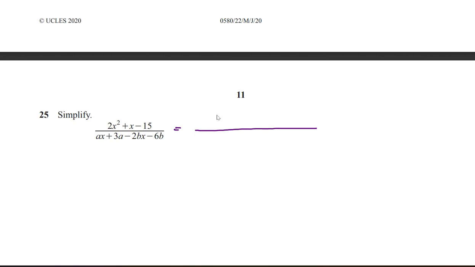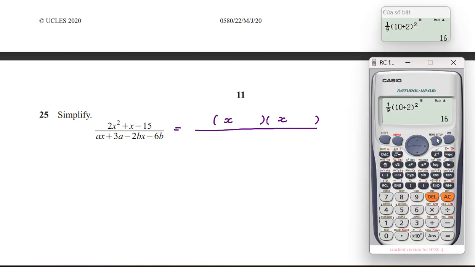Then I will go to the calculator and do mode 5, 3. Then I will put the coefficients here, 2, but make sure the equation is in order from the highest power to the smallest power. So 2 equals 1